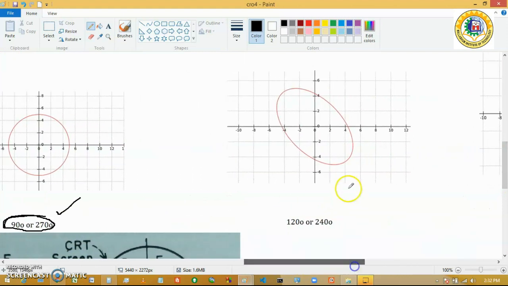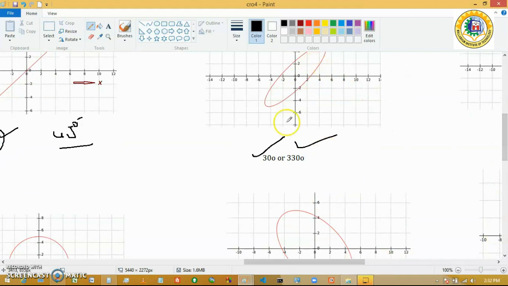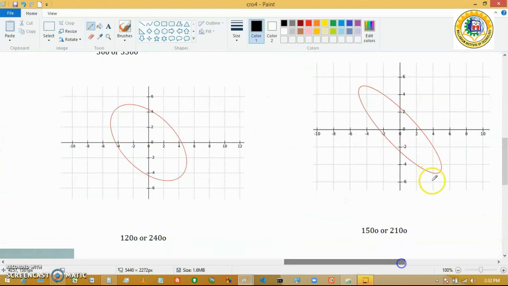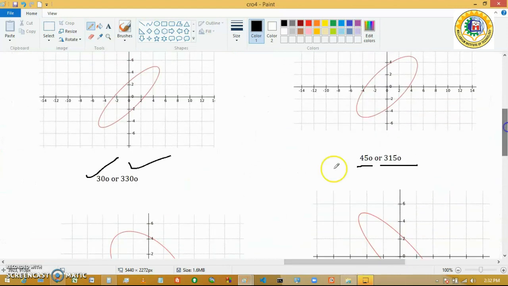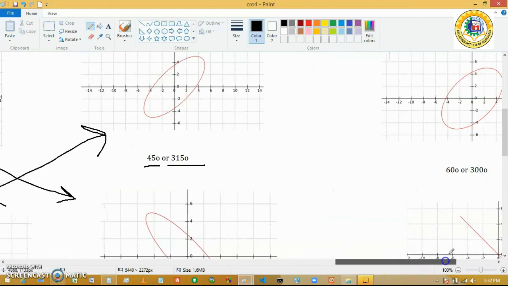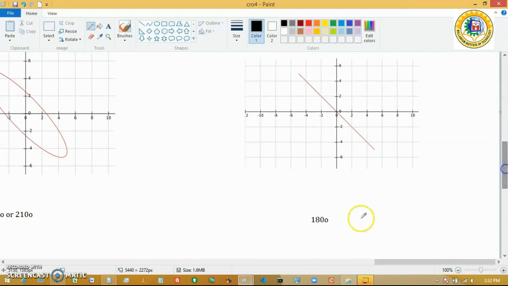Then the slope is again opposite. We can see that the slope of these two is actually opposite. These two are the same, just opposite, and here these two are the same, just opposite. Then we are back to a straight line with a negative slope. In the case of the negative slope, we can say the phase difference between them is 180 degree.